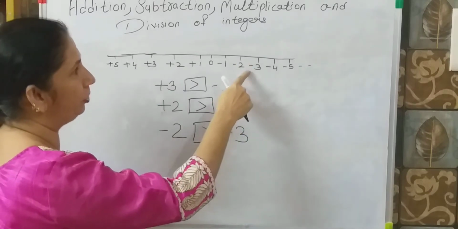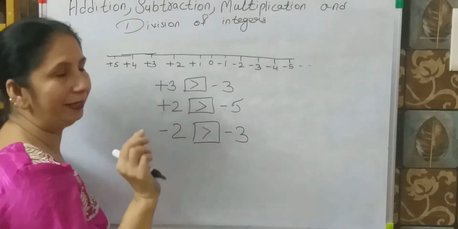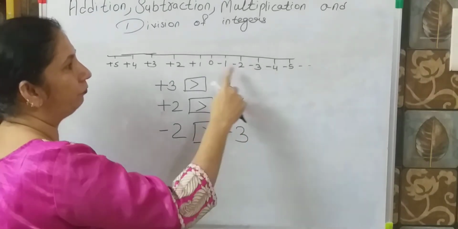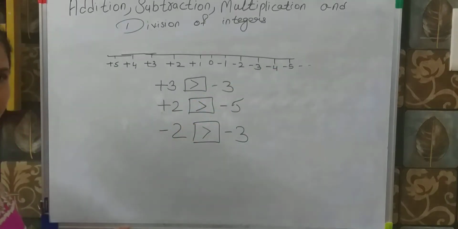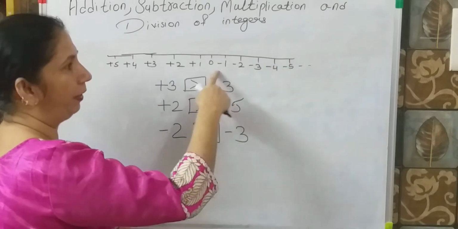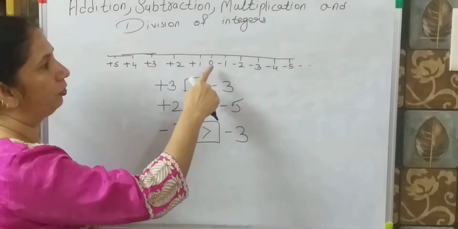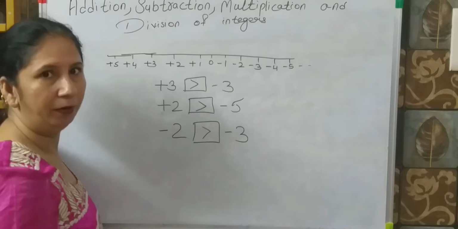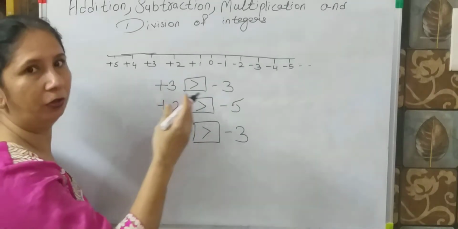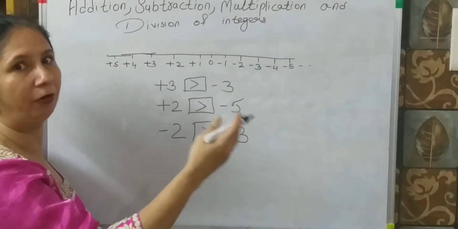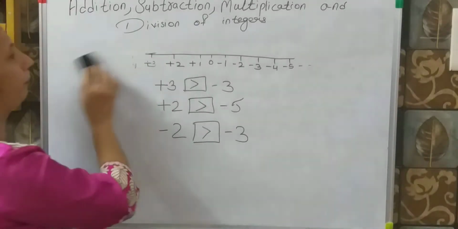I mean to say that in the integer line, the farther a number is, the smaller it is. In case of the negative sign, suppose -1: if we compare -1 and -4, -4 is smaller than -1. If you compare -5 and -1, -5 is smaller than -1. If we compare 0 and -1, 0 is bigger than -1. Because with the minus sign in the integer line, the number that comes first is bigger and the number that comes later is smaller. We are not comparing the numbers, we are comparing the signs. So this is the first rule of integers.